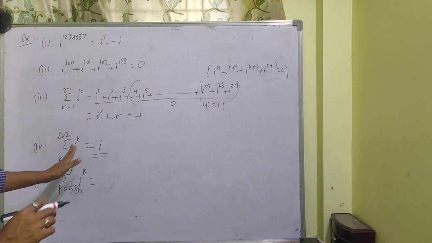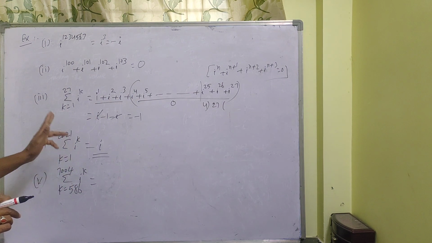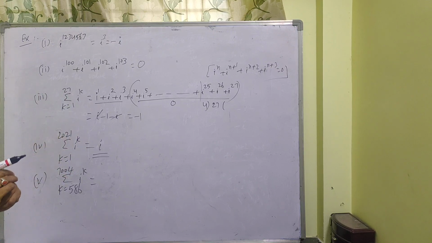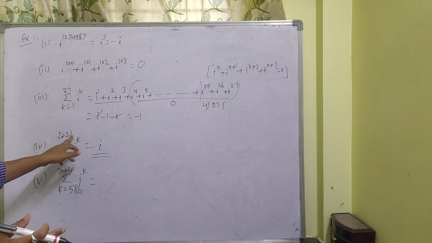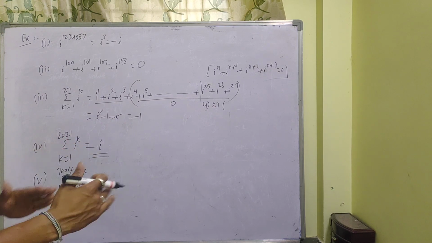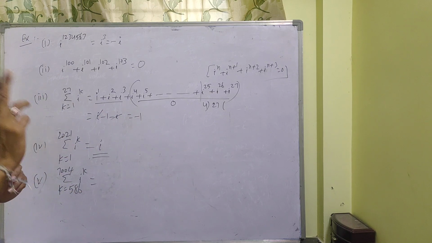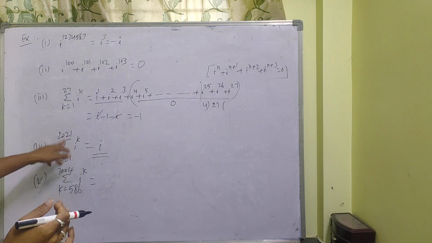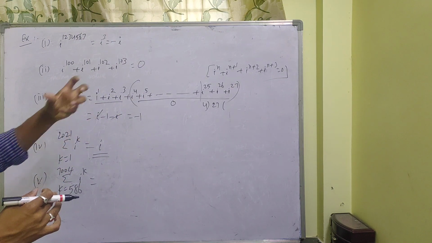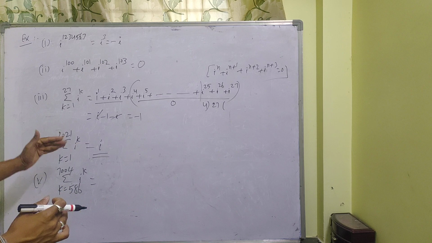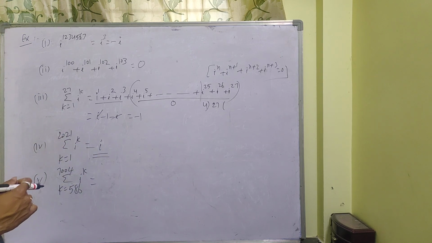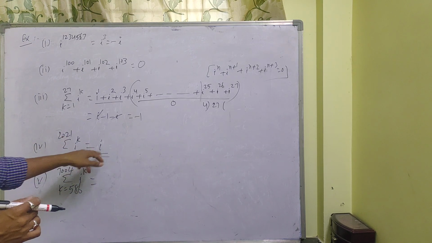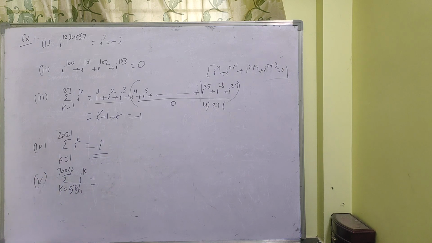Clear? Understand or not? Once again I am explaining. Here 1 to 2021 means 2021 terms are there. The sum of any 4 consecutive terms is equal to 0. Total how many terms are there? 2021. So divide 2021 with 4, and only one term will remain. That is either the first term or the last term. The last term is i power 2021, which is a little bit lengthy compared to the first term. So the first term is i, and i is the answer. i means i power 1. That is i. Next, come to here.